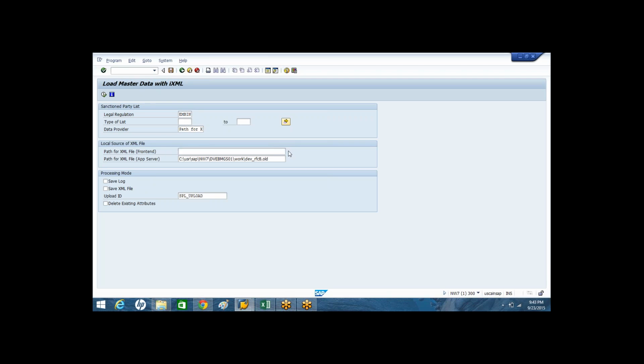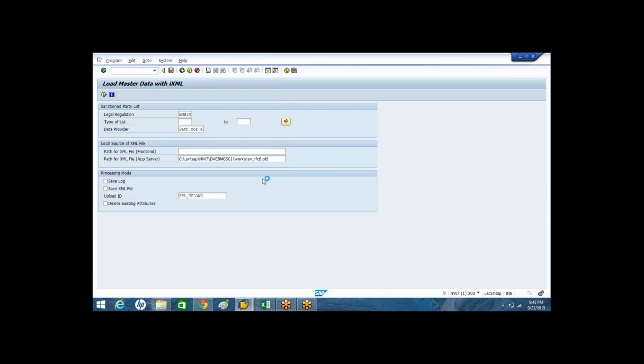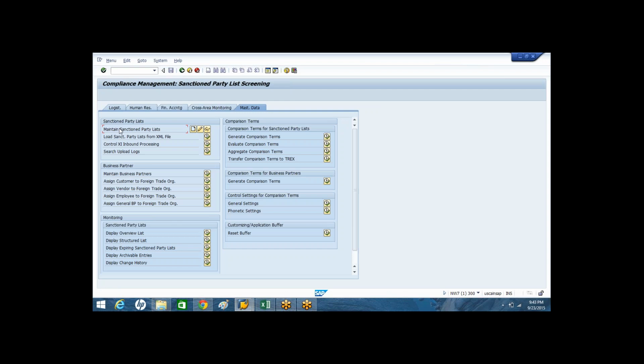You can store that XML file on your local computer, not in the GTS, and specify the file, for example like this, and start executing the uploading process. So these are the two different ways you can use for uploading the XML file for the SPL member. This is for the automatic uploading process.